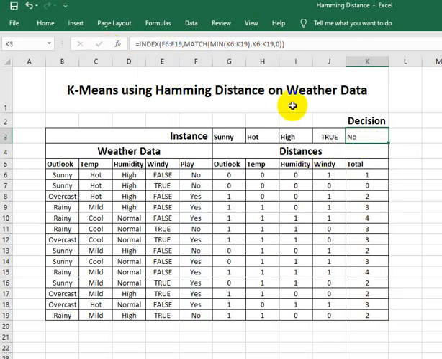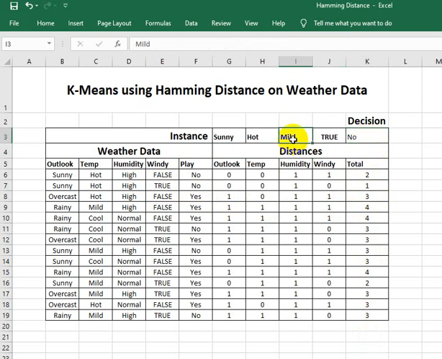So now if we change the instance to mild, we will see the minimum value is 1 and the decision corresponding to the minimum distance is no, so we don't need to play that day.